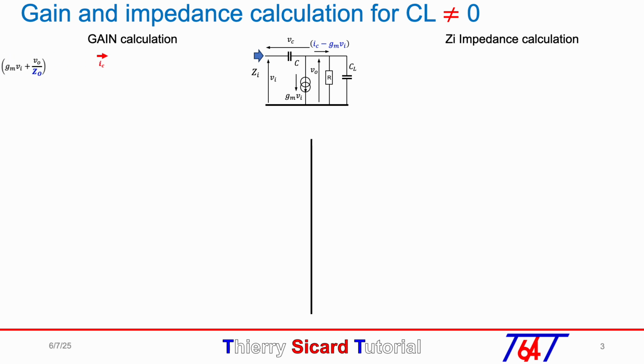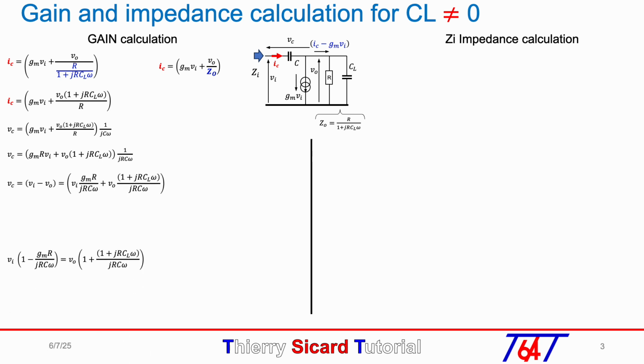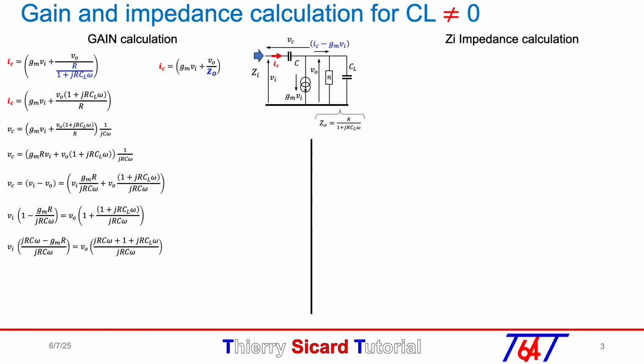To do this, we write the capacitor current IC, denoted in red, as a function of the output impedance Zout. We will replace the impedance term Zout with its equation. We will then calculate the voltage Vc across capacitor C, equal to IC times 1 over C omega. We will replace Vc by Vin minus Vout and separate the equation by the term on the left that is a function of Vin and on the right the term that is a function of Vout.